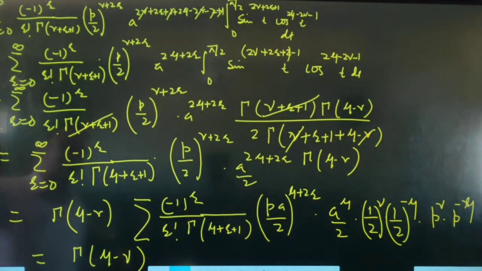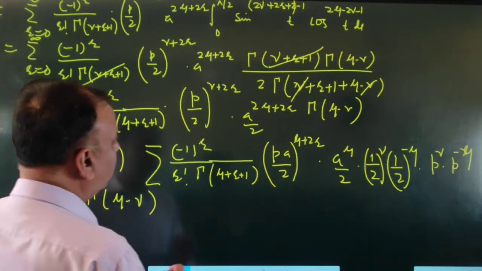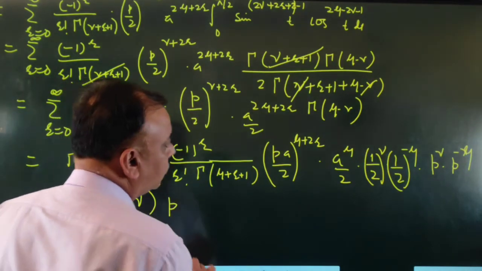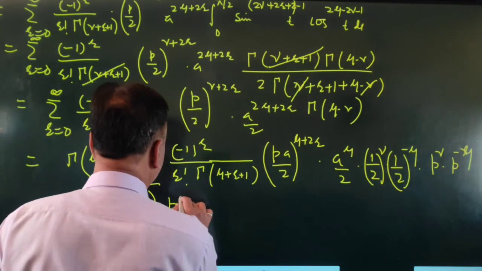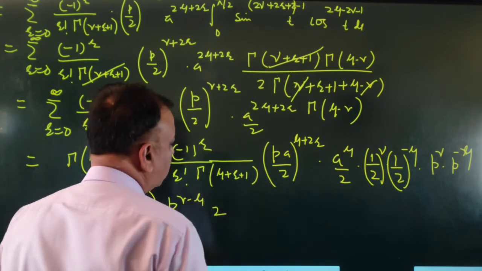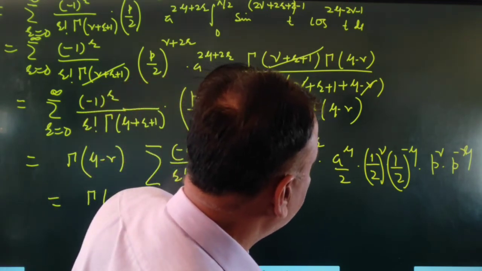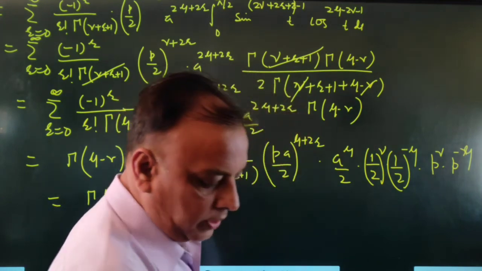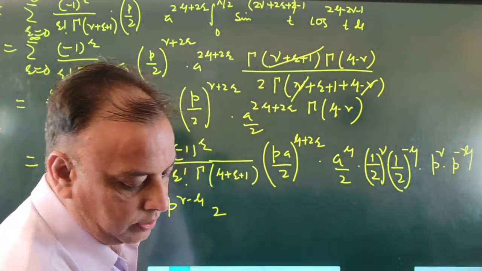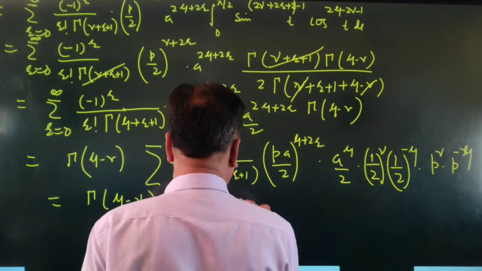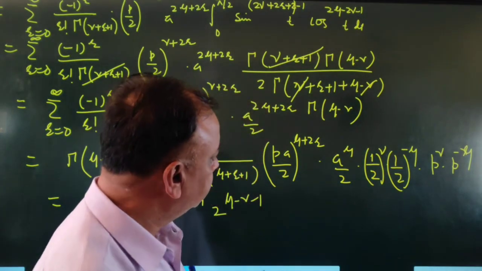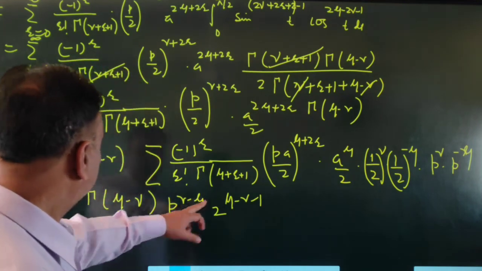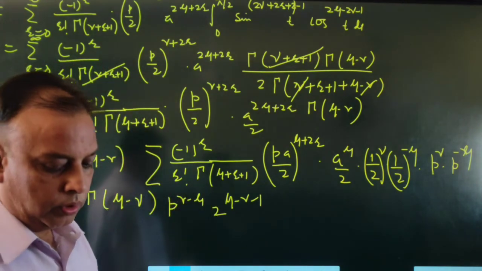So we get the result gamma of mu minus nu, p raised to nu minus mu, 2 raised to mu minus nu plus 1, 2 raised to mu minus nu minus 1, mu minus nu minus 1, into this one is